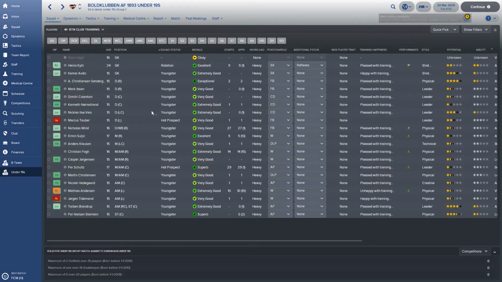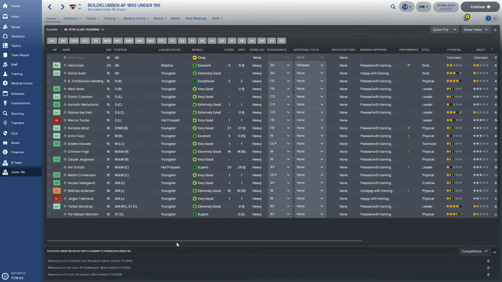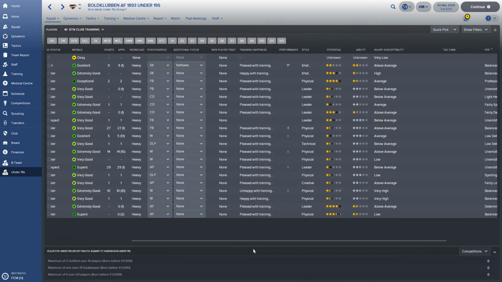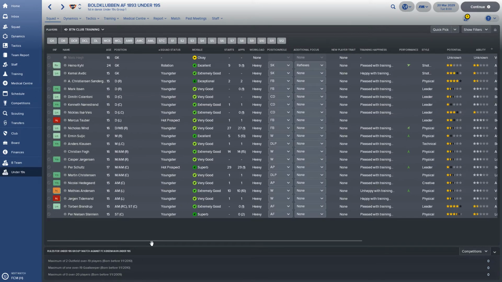and I actually find it weird that it doesn't say it in game that personality and preferred formation does have a huge impact, does have the most impact on what players are coming in to a youth academy. So yeah, now I've signed this new guy, and I'm looking forward to see the next youth intake, to see how promising it looks, because I'm expecting some nice personalities coming through, to be honest with you.